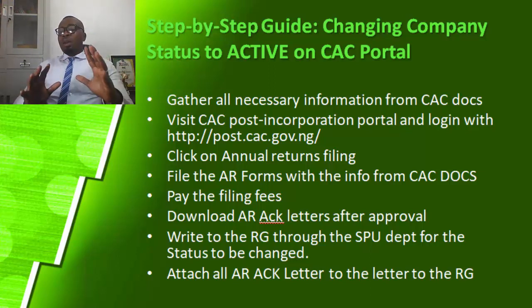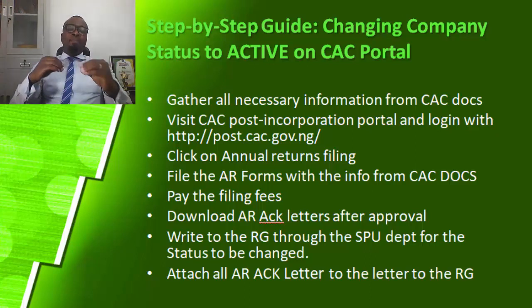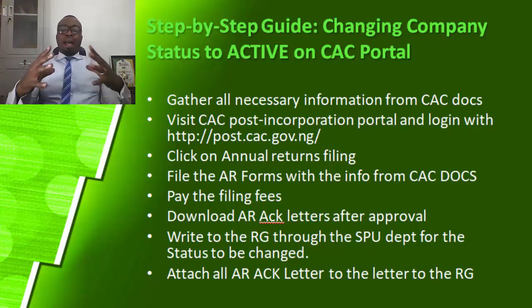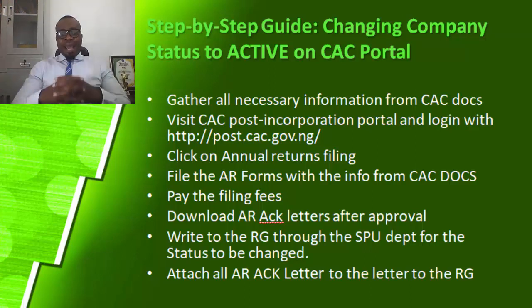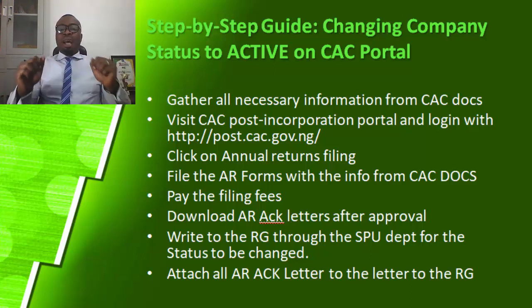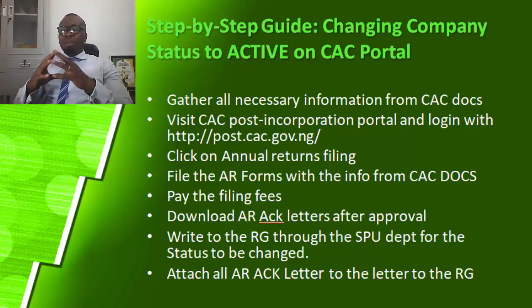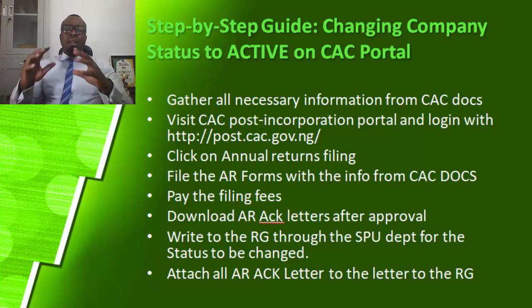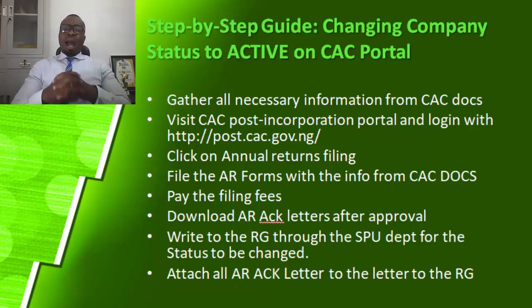After you have done that, ordinarily the portal should have been automated in such a way that your status will change to active immediately, but that's not the case. What you still need to do is to write to the RG through the SPU department for the status to change from its inactive state to being active. And mind you, you will have to attach all the annual return acknowledgement letters to the RG